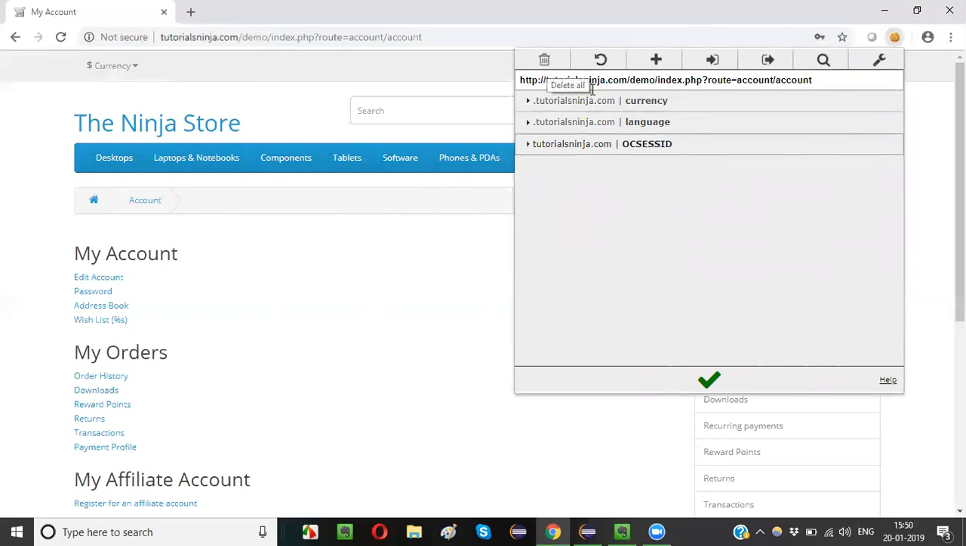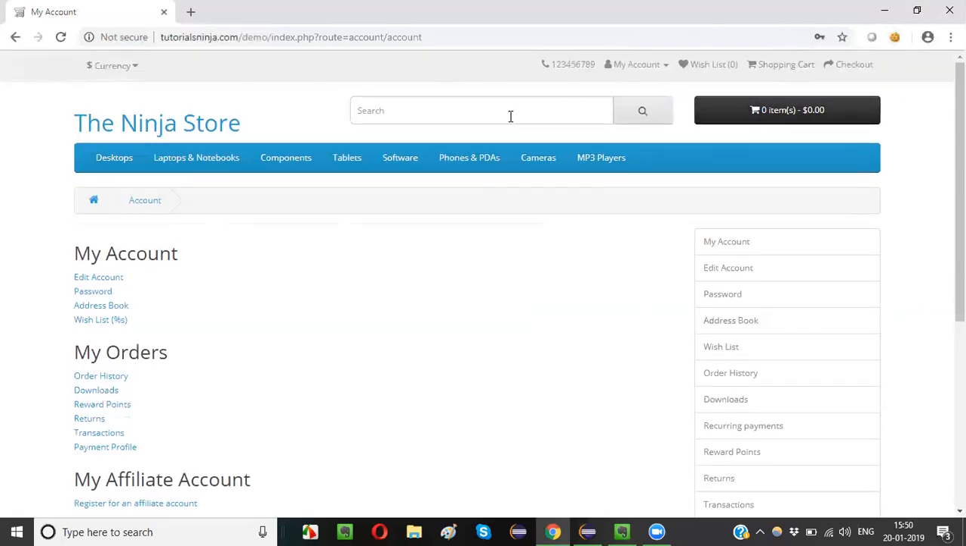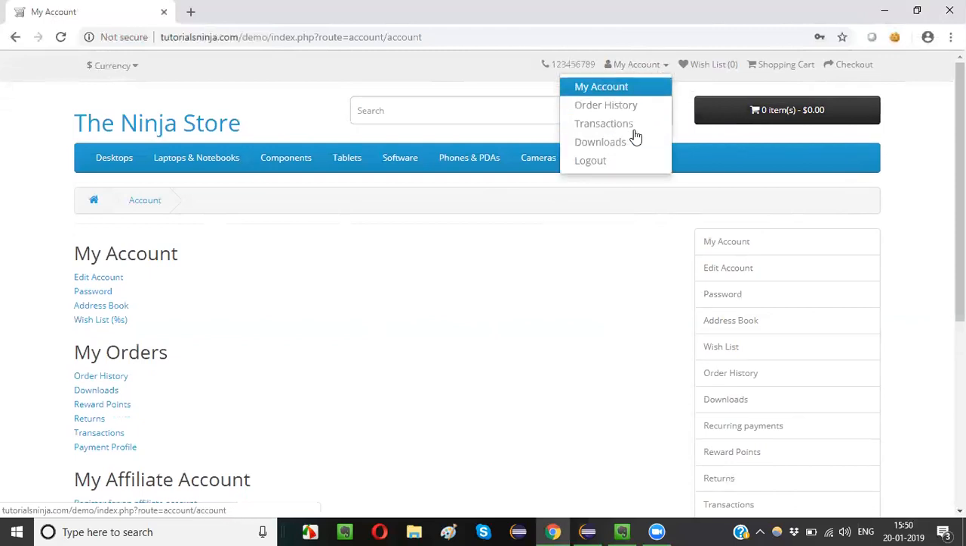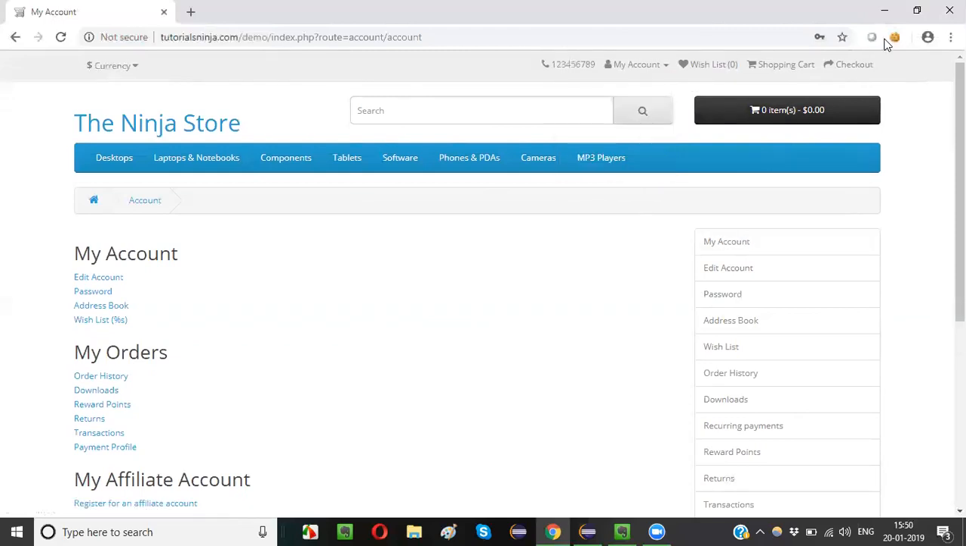Once I delete, at present you are logged in, guys. You see, at present you are logged in. This is my account page, not a sign in page or something. You can see the logout option is also there. That means you got logged in. Once I delete the cookies,